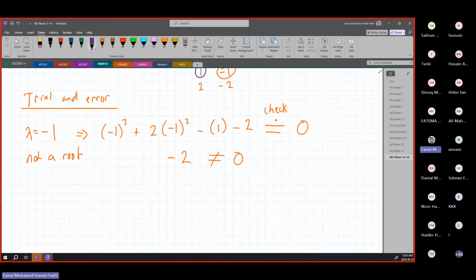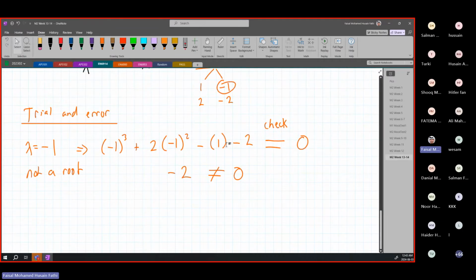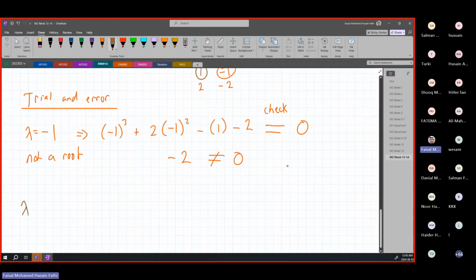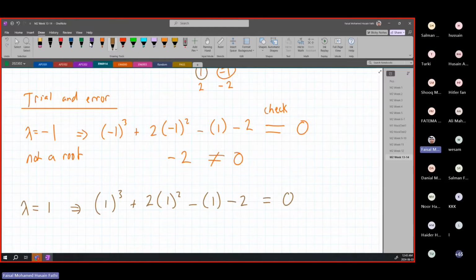So let's try for 1. Let's make this a different color. Now lambda is equal to 1, therefore we substitute it back into the same equation: 1 cubed plus 2 into 1 squared minus 1 minus 2 equals 0. I think I made a mistake here. One second. This is supposed to be minus 1. Maybe it was a root. Wait a minute, let me double check. Minus 1 cubed plus 2 into minus 1 squared